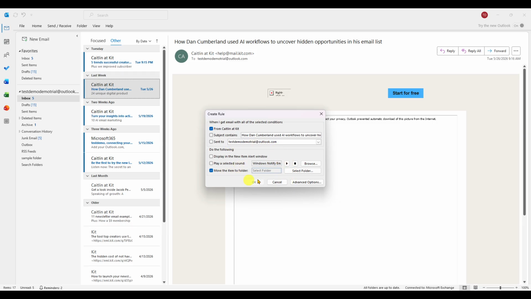If Outlook gives you the option to run the rule on existing messages, you can decide whether you want current emails from that sender moved right away or only future emails handled automatically. Either way, the rule itself is now in place. And that's it. You've successfully created a rule in Outlook to move emails into a specific folder. This kind of setup can save time and make your inbox much easier to manage. If needed, you can always return to your rules settings later to edit, disable,